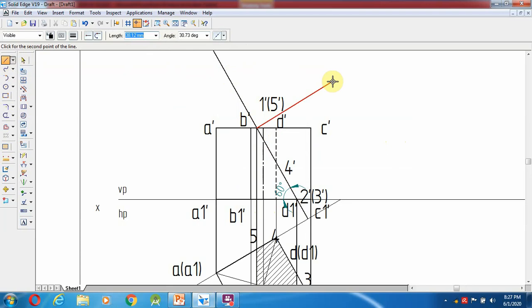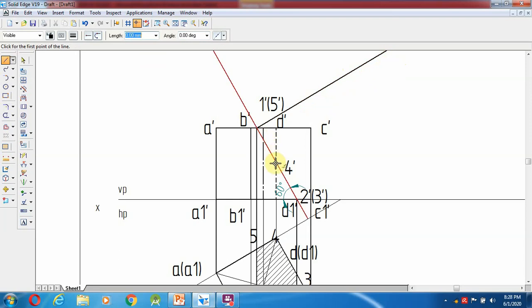We have to take 120 minus 60, I think 30 degrees, so a 30-degree line we have to make, and project it.